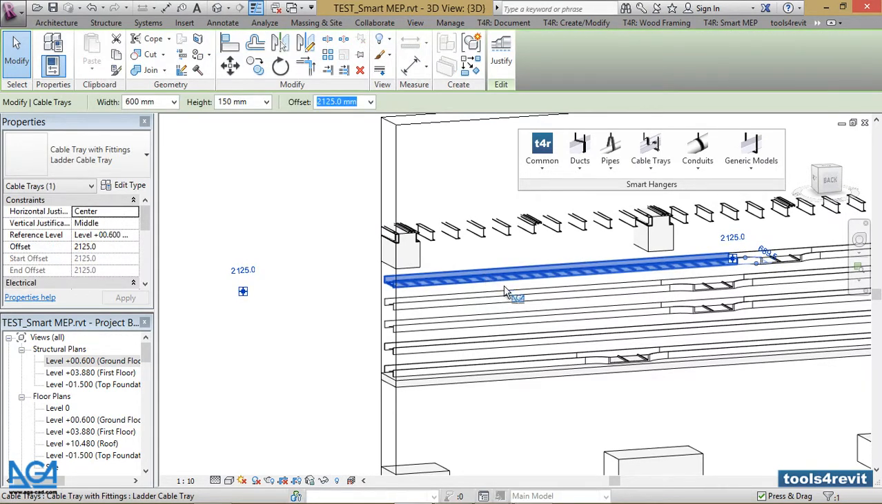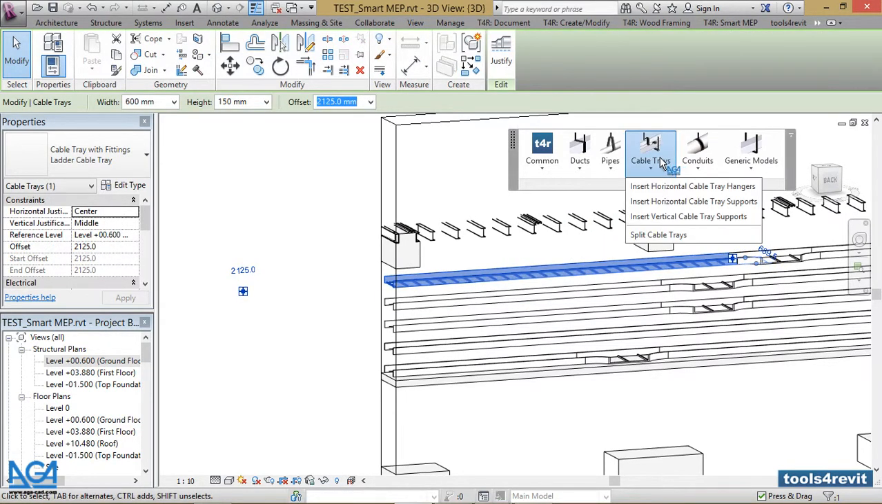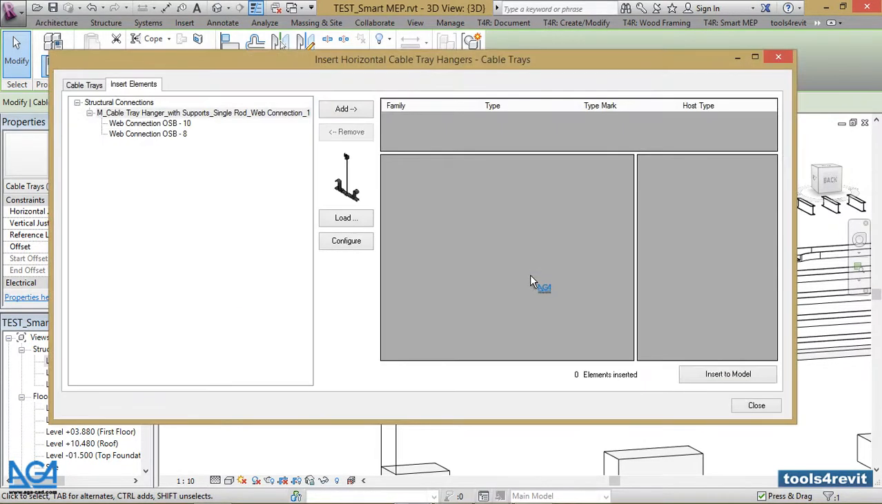I select the cable tray, go to cable trays, insert horizontal cable tray hangers. So I would select which one I want to use. You can make your own connections, for example the anchor connections, anything you like. It's just a calculation in your own hanger how it works. And we have a template I will show you in a second. So let's add it,